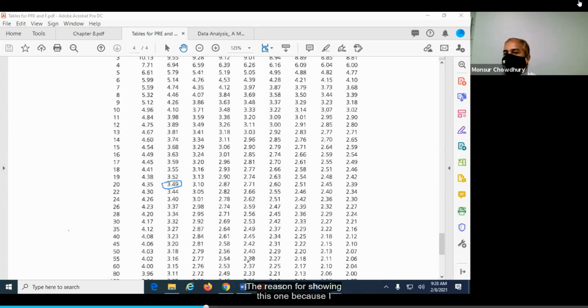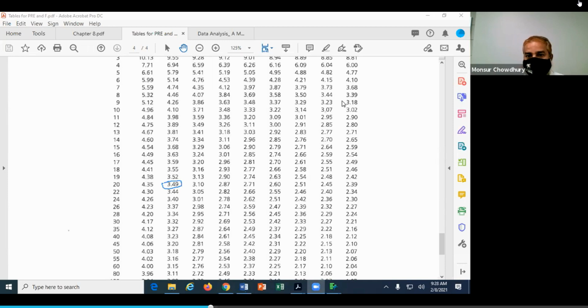And the reason for showing this one is that I asked some questions like this in your homework. So you need to carefully do it when answering these questions: how to look at this table, how to answer these questions. And yes, sir. Why can't we take the F value that's given to us in the analysis of variance? Okay, that's what I just explained, but I can go over it one more time.